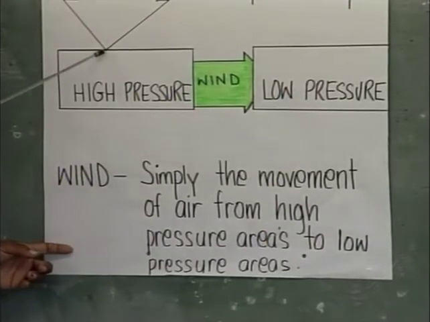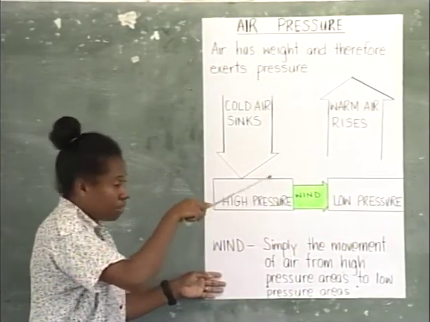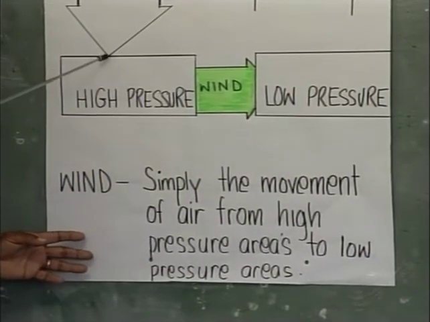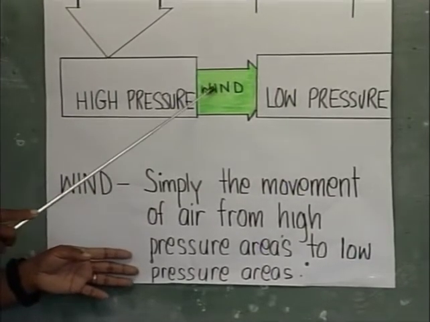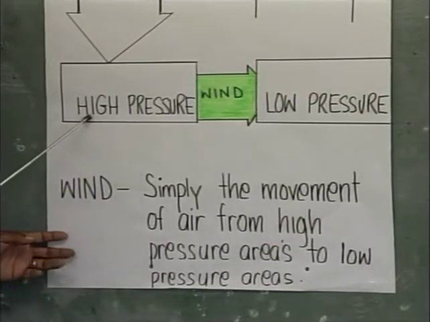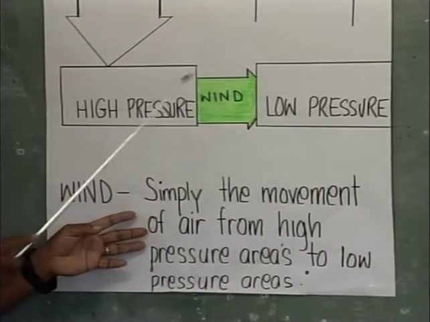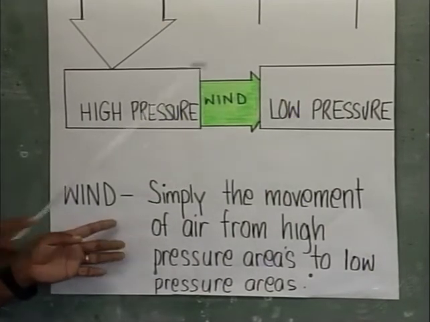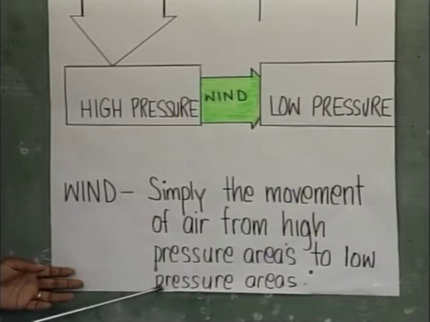So the air sinking, we have the surface here. It does not infiltrate like water, infiltrating through the soil. That does not happen. Any air that flows or moves along the surface can be considered as wind. But winds would normally blow from high pressure areas to low pressure areas. You will not find winds blowing from low to high. Winds will only blow from high to low pressure. So winds are simply the movement of air from high pressure to low pressure.